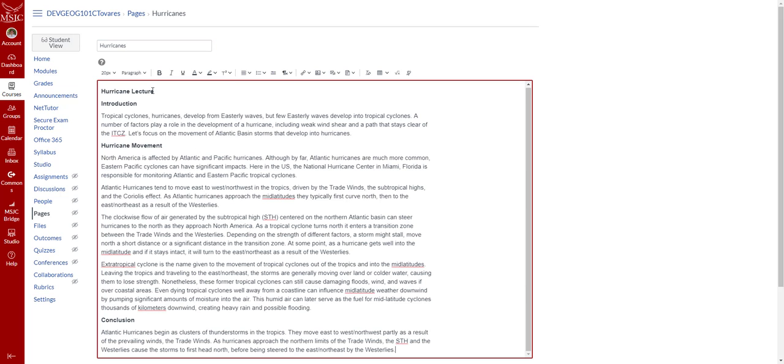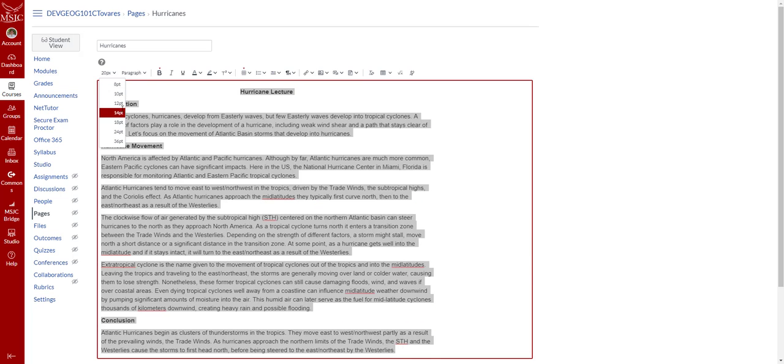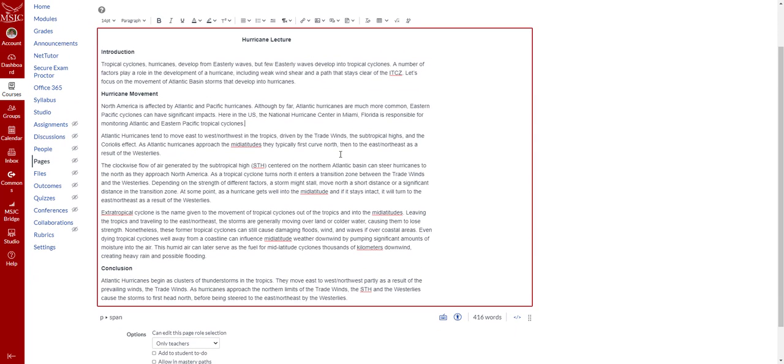I personally like centering the text at the top of the page. I'm going to change the font size to a little bigger because that's what I always do. Consistency is absolutely essential to accessibility. So far, so good. But let's check out the accessibility checker.